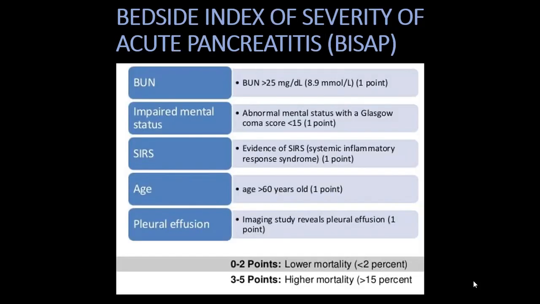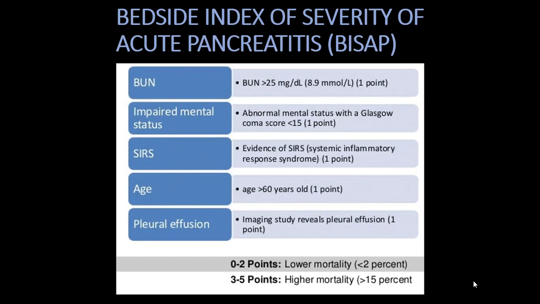There are many fancy scoring systems available to predict the severity of pancreatitis, but this is the BISAP score. It is the most accurate and can be done easily in clinical practice, at the bedside of the patient, and there are 5 variables. BUN more than 25 milligram per deciliter, impaired mental status with a Glasgow Coma score of less than 15, evidence of SIRS, and patient age more than 60 years,